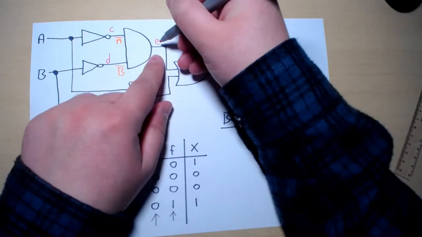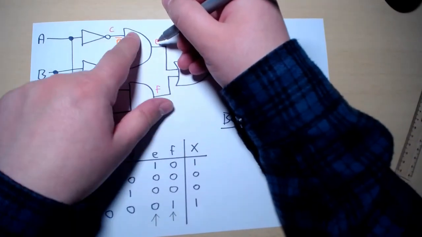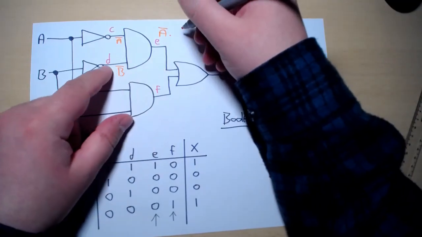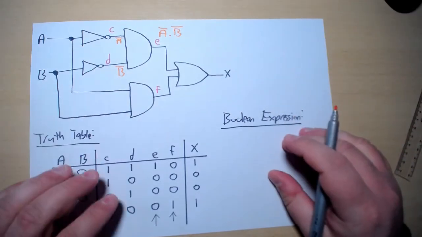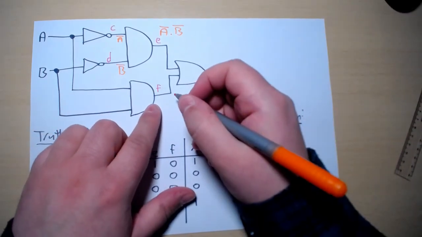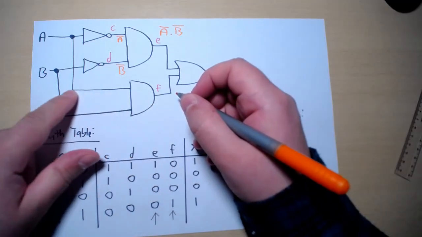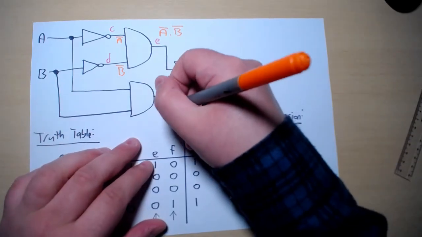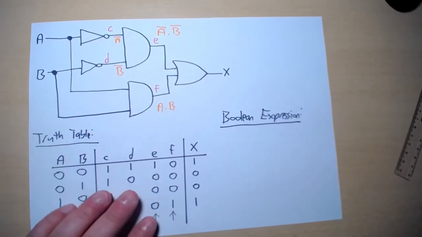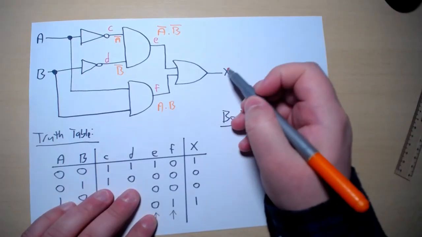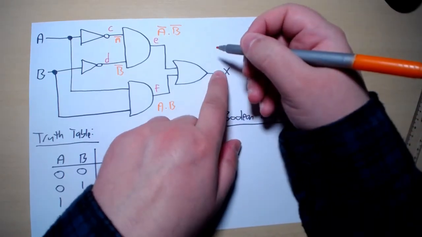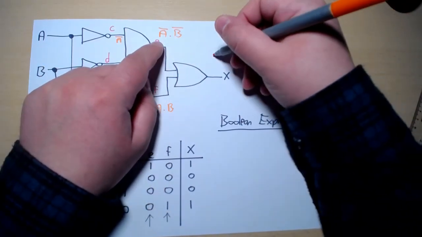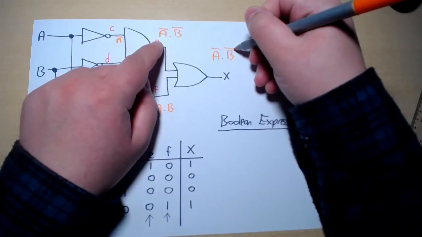This one, E, is the AND gate of this and this, but this is A NOT and this one B NOT. F is another AND gate. It's the AND of this, which is A, and of this, which is B. So A and B. To get the final result, the final output here, this is an OR, but it's the OR of this. You have to always follow the wire. So A NOT and B NOT, or